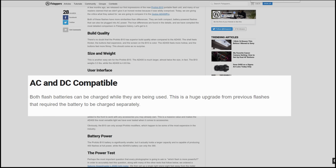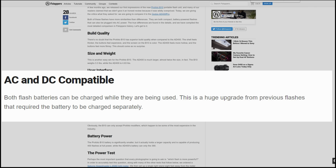And before we conclude, I want to make one final PSA. In the Fstoppers article and video, they mention how you can drip charge both of these, so charge them while using them. You can't do that on the Godox AD400 Pro. I mean, you can do it, but you shouldn't do it on the Godox AD400 Pro, because that's what can lead to the battery being damaged and beginning to swell. So don't do that. That's the whole reason that Godox has AC adapters for their lights, even though I don't know why it's not out for the AD400 Pro